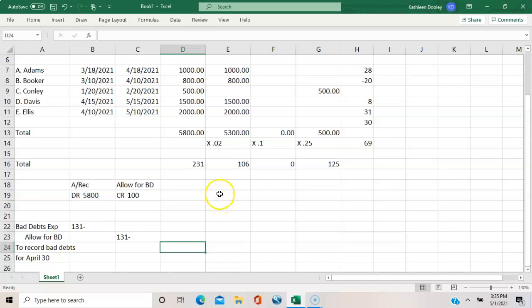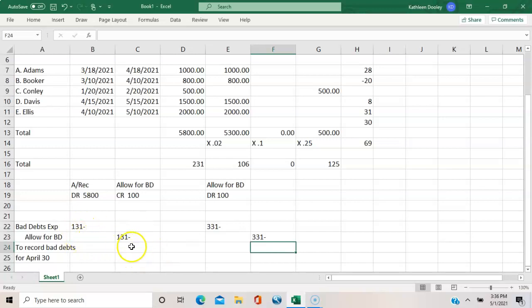Okay, what if we have an allowance for bad debts and it has a debit balance of 100. Okay, what do I do then? Okay, so in that case, it's a debit of 100 and I need to get all the way to a credit of 231. So I'm going to have to debit bad debt expense for 331 and credit allowance for bad debts 331